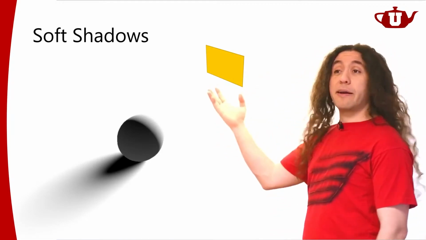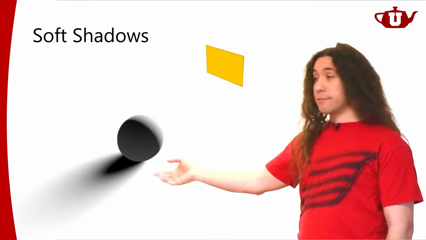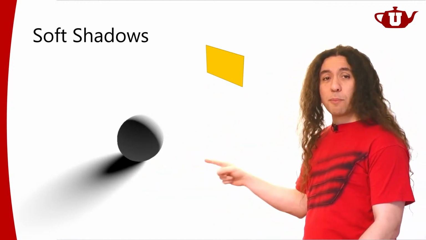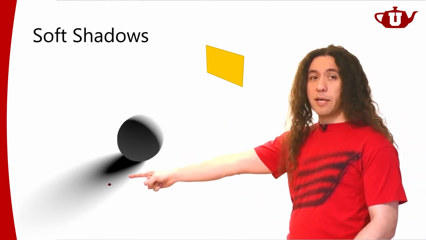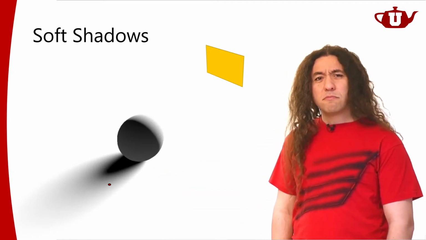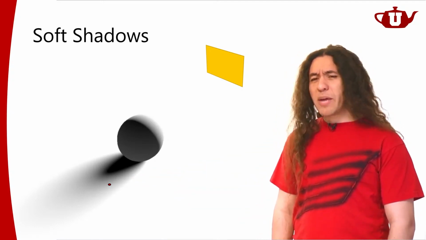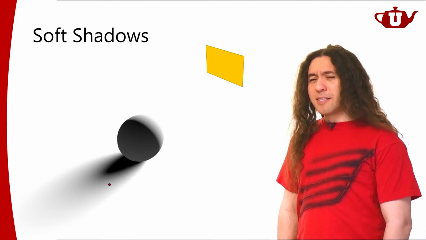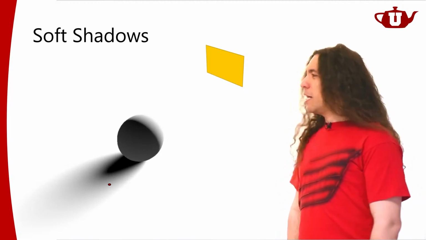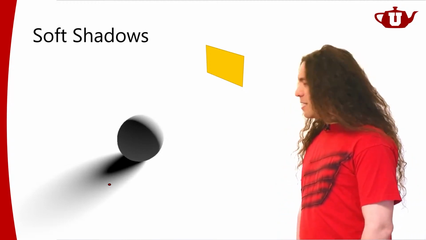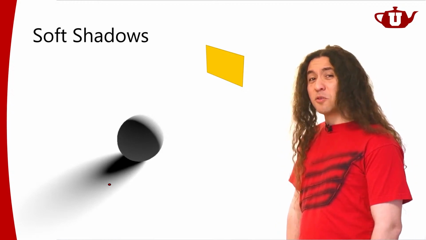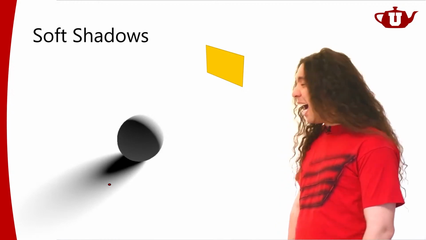All right, so the question is, why? Like, I have this area light source. Why am I getting some soft shadows like this over here? So let me show you. Let's pick a point here. Let's say this point. Now, is this point in shadow? Now when we have hard shadows, there's a very clear answer to that. We either say yes or no, right? In this case, is it in shadow? Well, kinda. I mean, it's not completely in shadow, but it's kinda in shadow.